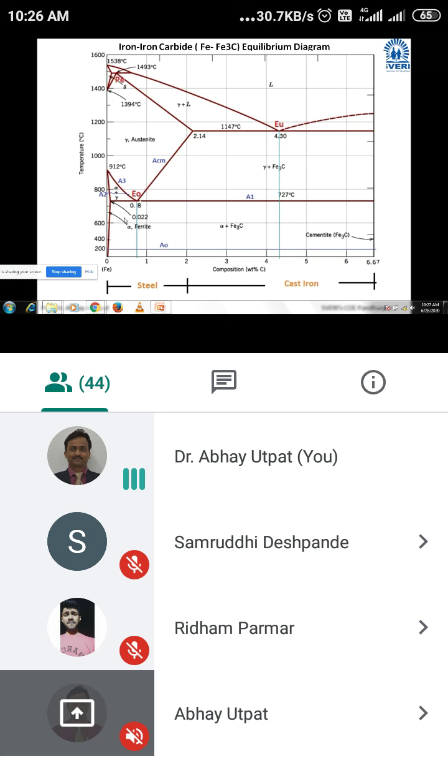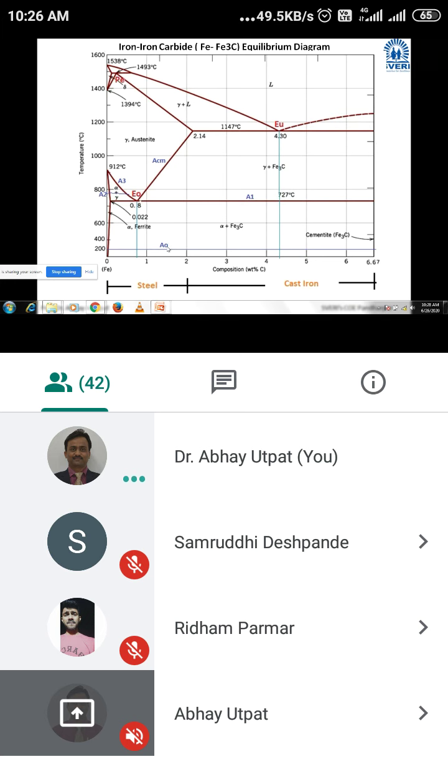So solubility limit for carbon in alpha ferrite is 0 to 0.008 at room temperature, and may be increased up to 0.025 at 727 degrees Celsius. So I have told phases. Okay. Now one by one we are going to see what is definition of this phase, what is structure. Let me explain you how to draw the diagram. Before that, these blue color names just read.